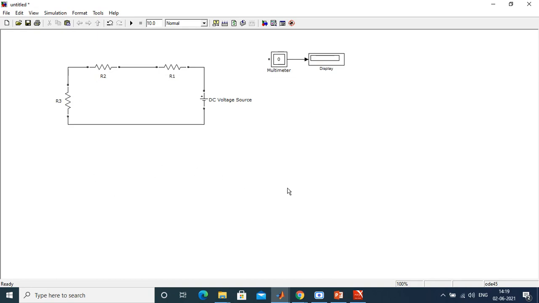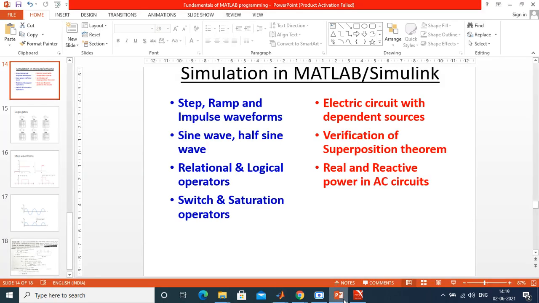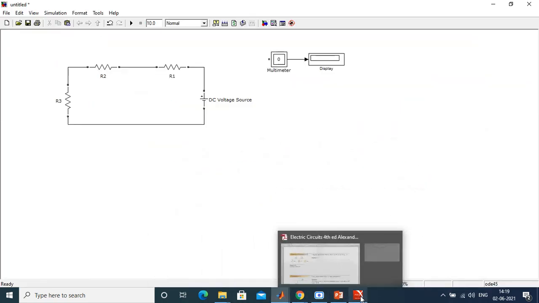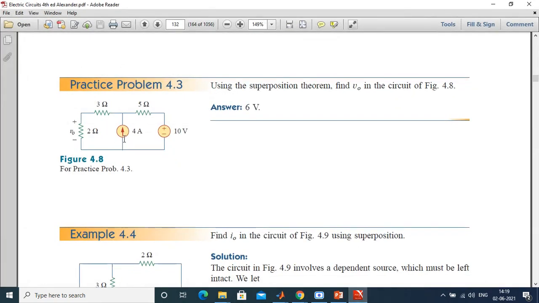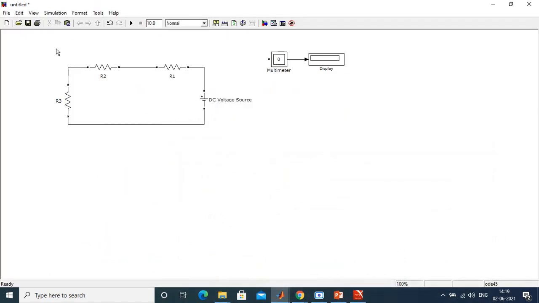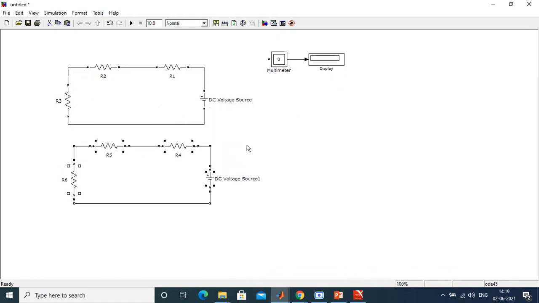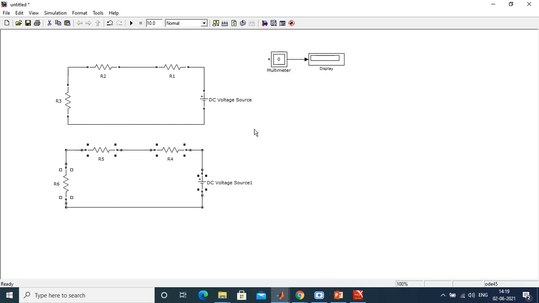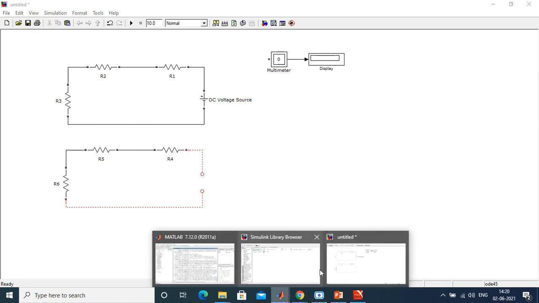Now coming to construct one more circuit, this is case 1. Now I need to construct one more case, that is only current source. So how to do this? Take this one, I will copy it as it is, okay. Here now I remove this voltage source, I connect the current source.